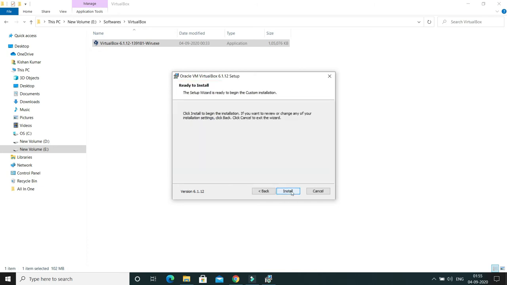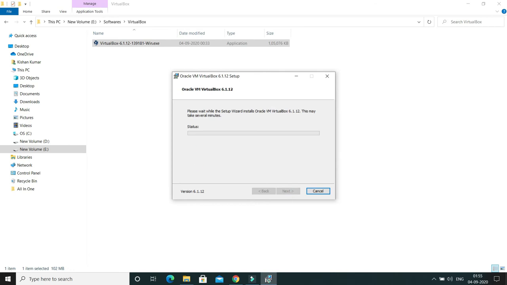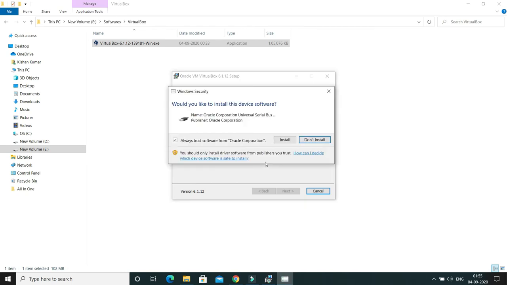Again click on install, and the install process will start. Just allow it to install. So I'm going to click on yes, and here you can see the installation process has started. This will take just a few minutes. Now one pop-up comes out asking you to allow installing some device related software. So just click on install,